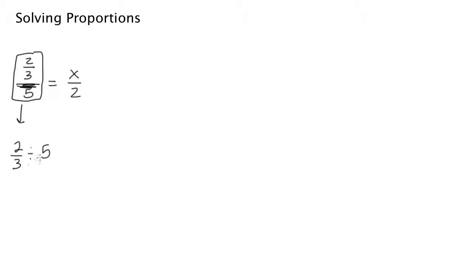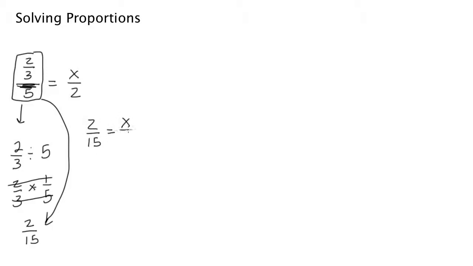Sometimes you can remember how to do these. Here you have to say 2 over 3, and you have to change the division to multiply. And what do you do to the number to the right? That's right, you flip it over, and then 2 times 1 is 2, 3 times 5 is what, 15? Okay, so now this fraction has turned into that. And so what do we get? So we get 2 over 15